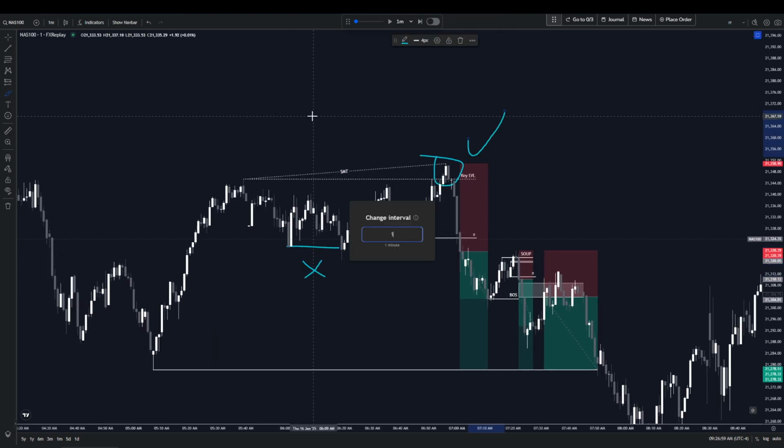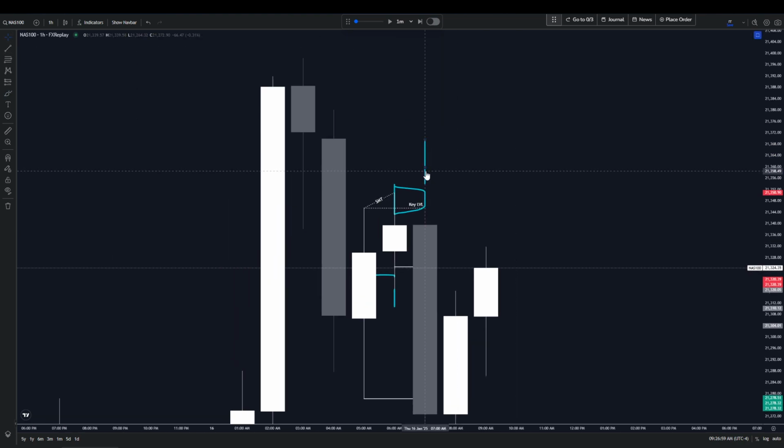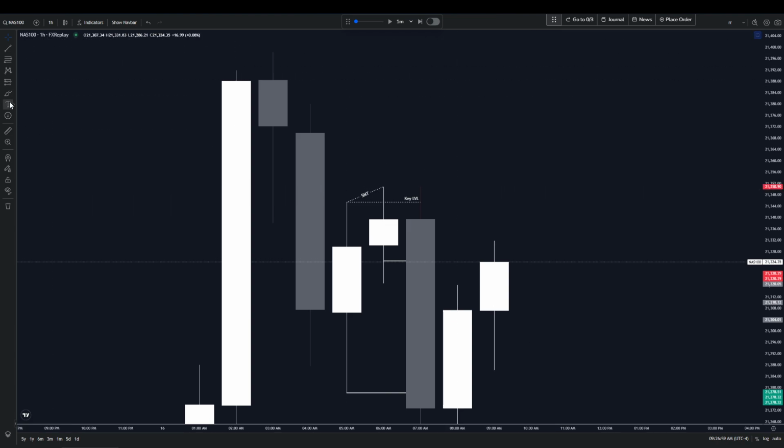Why is that? We have factored in high time frame. Okay, the high time frame is going to trump all, and when you implement the high time frame for your manipulations, it's going to change your trading. Okay, so what we see happen is that the sweep you saw in the low time frame was a sweep